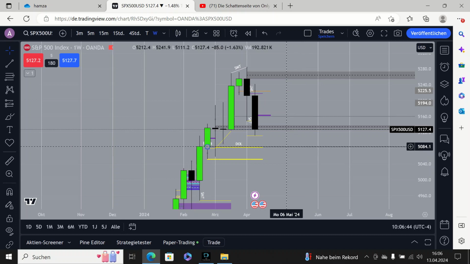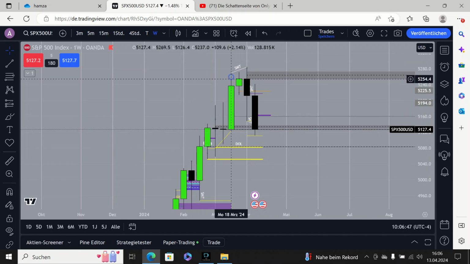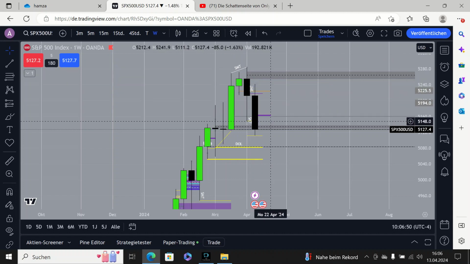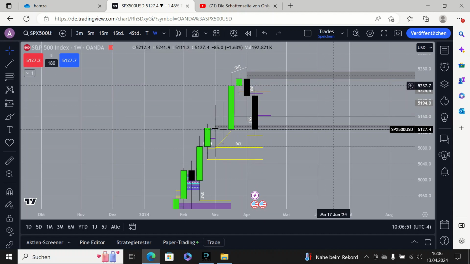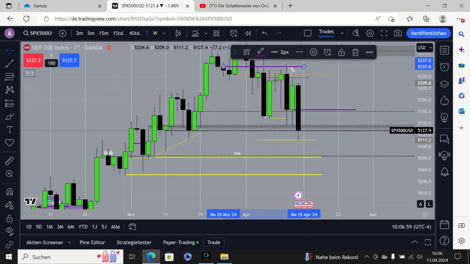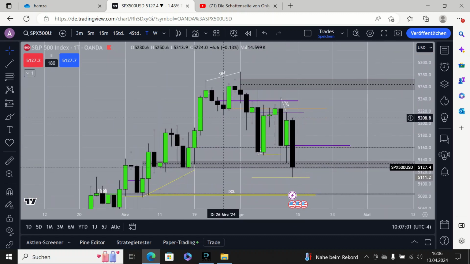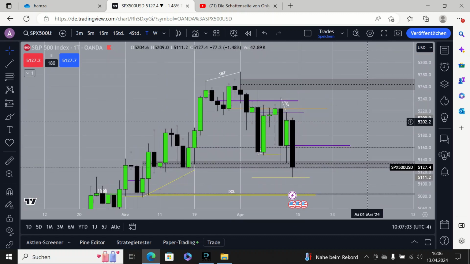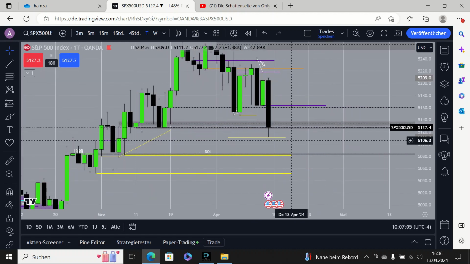Now let's go over to the S&P chart. As I said last week, it's S&P divergence. I expected bearish price and it delivered beautifully. So we respected on the weekly chart this order block right here and went after that only down. On the daily chart, you can see this breaker in here that got really respected, and it formed after that